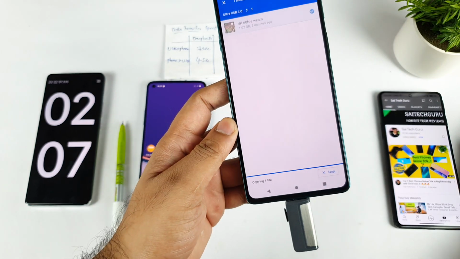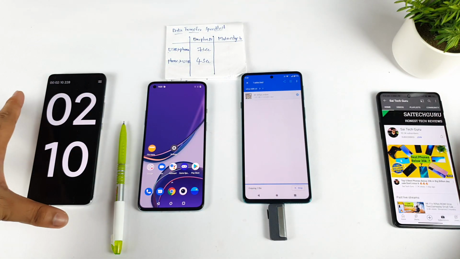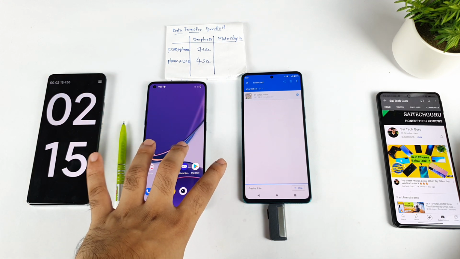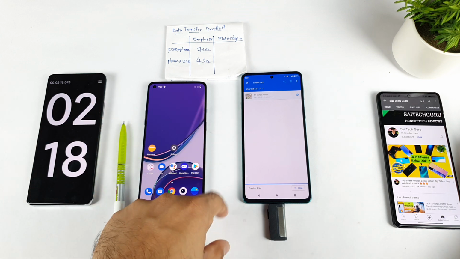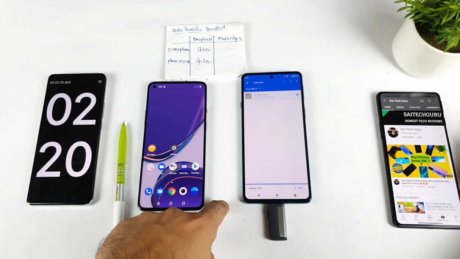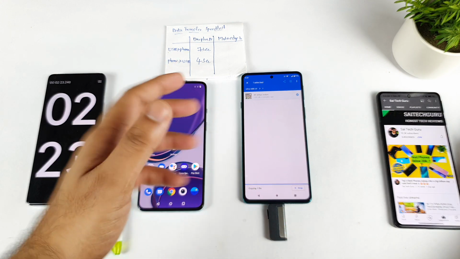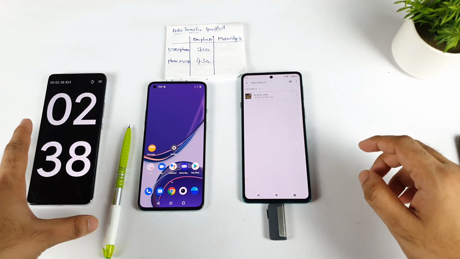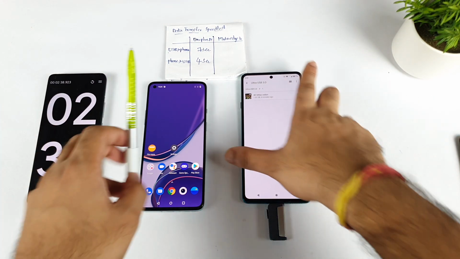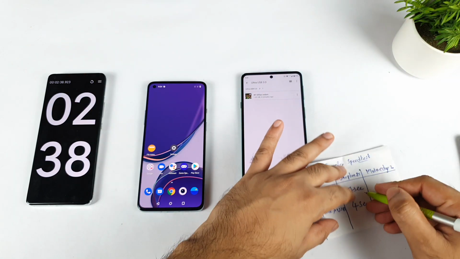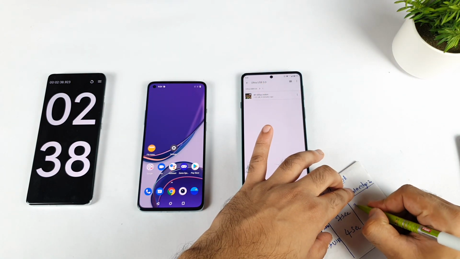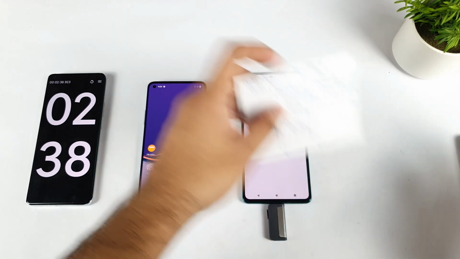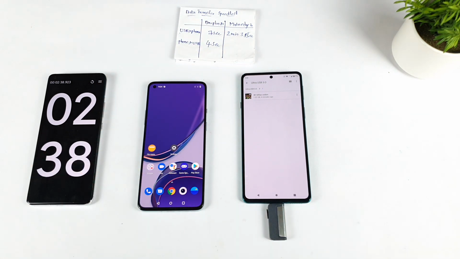I don't want to pause this video because you should see the exact time in the stopwatch, in the live demonstration of what is happening with the Moto H20. But if it takes more time, then I need to pause the video. I'm not sure why it's taking so much time. Finally finished, around I think 2 minutes and 35 seconds. I'll write down 35 seconds because I did not record it. So 2 minutes and 35 seconds is the time the phone took to copy the file. That's a huge difference.